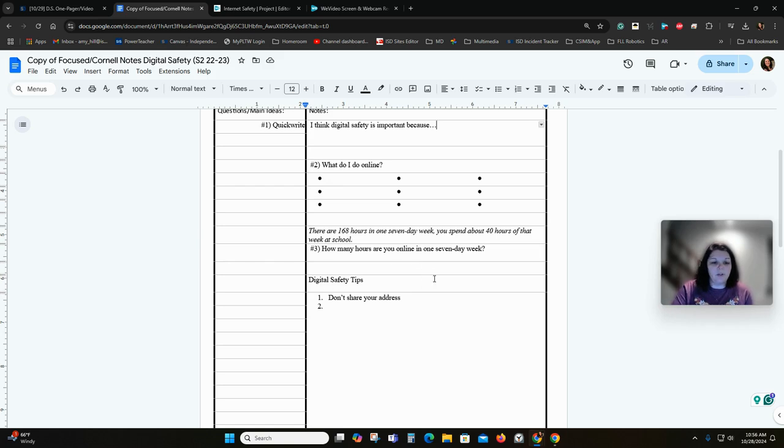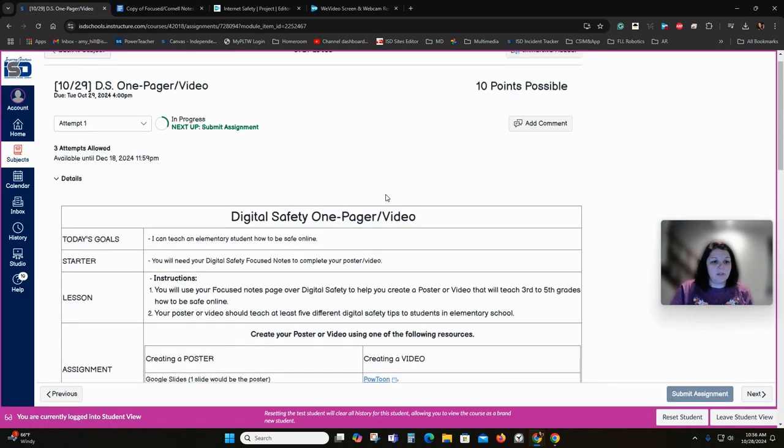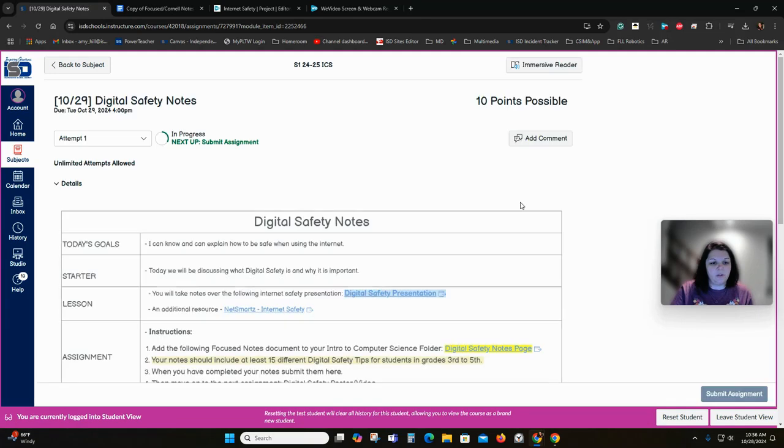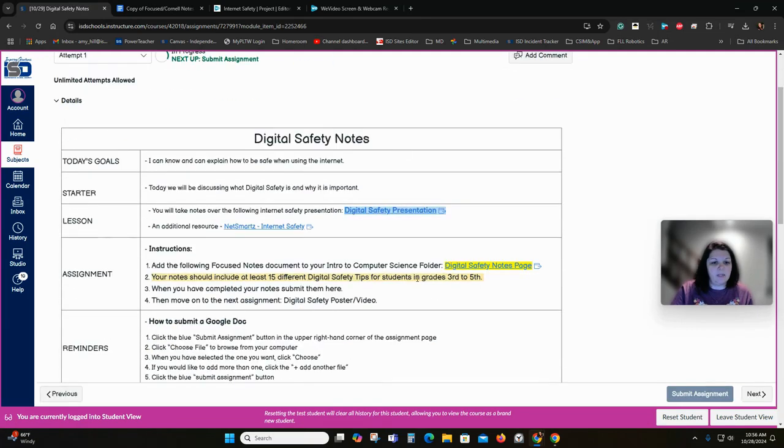And so with our digital safety tips, I added my first one right here. Don't share your address. And once I did that, if I just hit enter, then it'll give us a numbered list. And in the instructions, it tells us that we need to have 15 internet safety tips. Sorry, I went to the one-pager first. So back here at the notes, you need to have 15 tips,